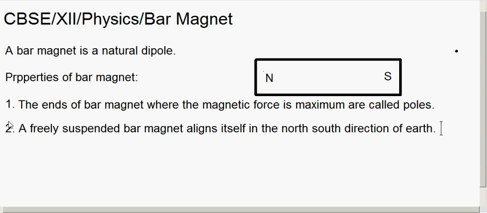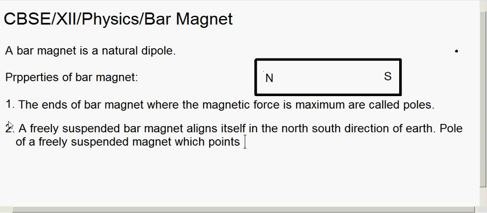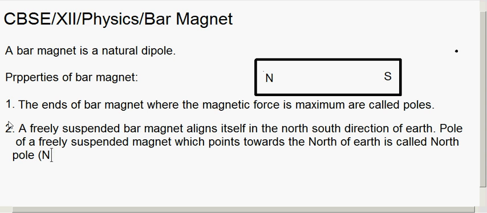The pole of a freely suspended magnet which points towards the north direction of Earth, or simply north of Earth, is called the north pole, or we simply denote it by N. And the pole that points towards the south of the Earth is called the south pole,